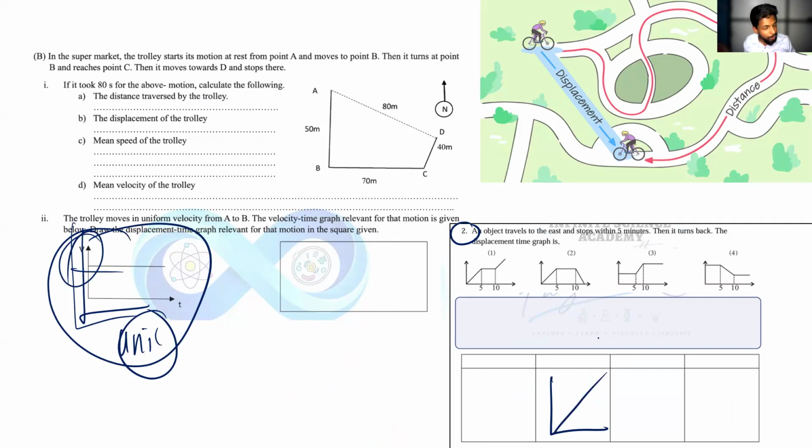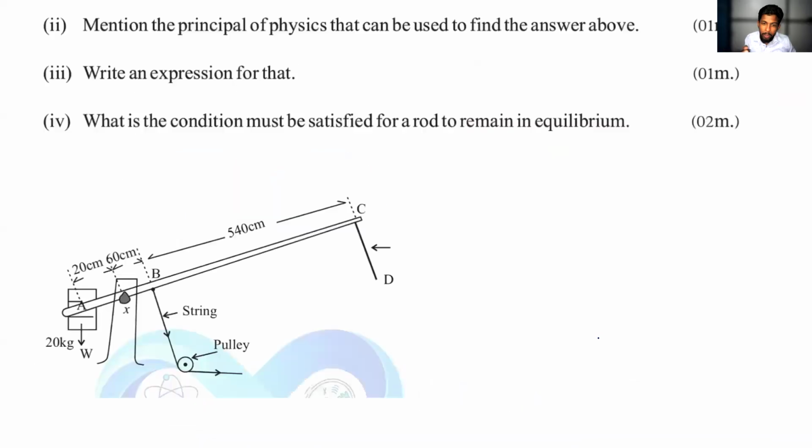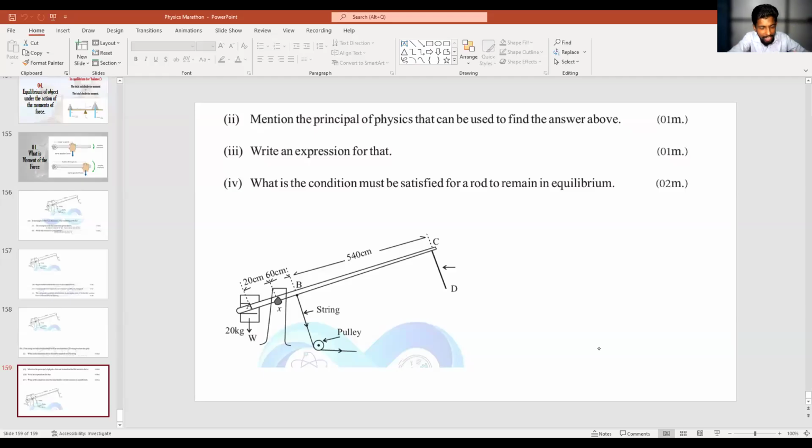4 types of graph. The same thing will be repeated again and again. All these things were discussed in our previous classes. So based on that idea, you can try all those part 2 questions. And if you have any doubts, without any hesitation, you can put it in the chat box. I will be explaining to you.